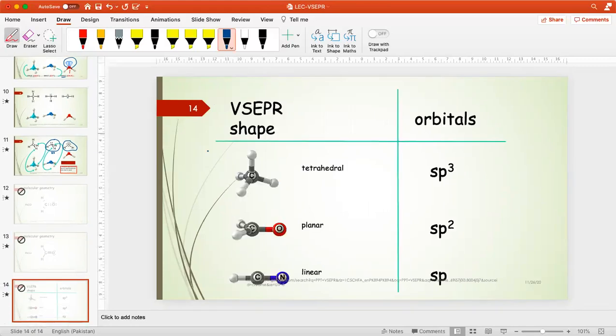Now these are the shapes, VSEPR shapes, tetrahedral. Whenever the tetrahedral is there, आपको पता है कि sp3 hybridization है. When there is planar structure, always think that sp2 structure and there must be one double bond. When there is a linear structure, immediately आप understand कर लें कि triple bond है और sp hybridization है. So this is all about the introduction to VSEPR. I hope